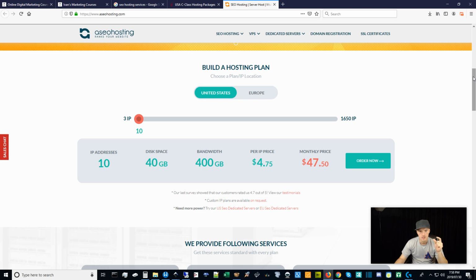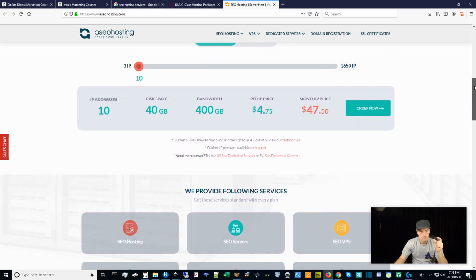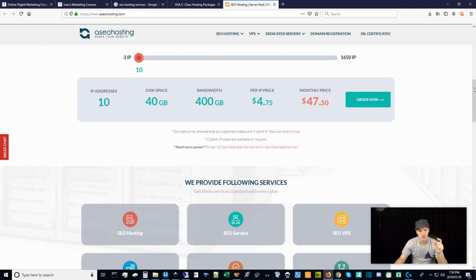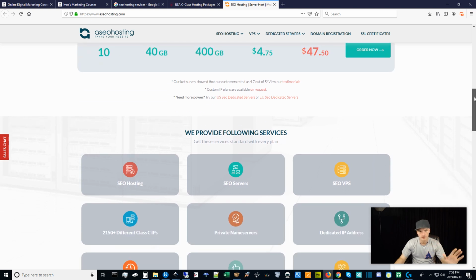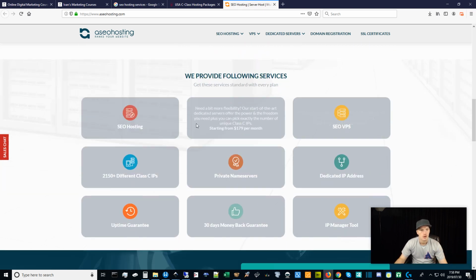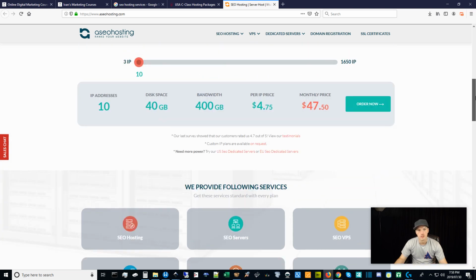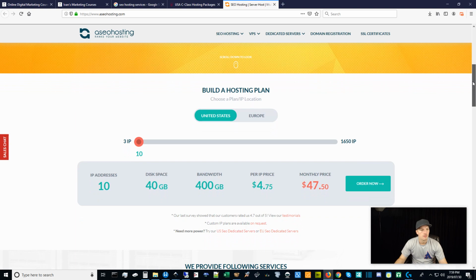They are done in such a way to make it easy for people to manage through cPanel and what have you. It can be glitchy, basically, and I'm making a lot of blanket statements about a lot of services that I don't know anything about. So you're probably going to find some decent SEO hosting services out there, but